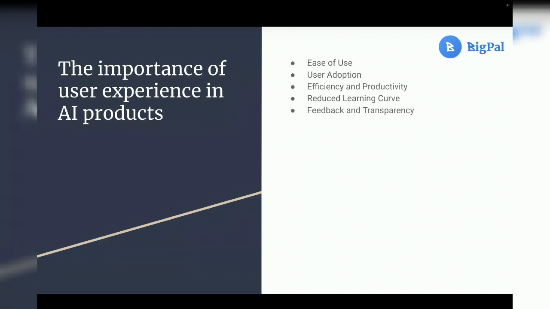I don't want to use the word addicted because that's a bad one, but you will like it so much and you will incorporate it into your everyday life. And that's the point, because at the end of the day, it will make us, the founders, the developers and the designers, very proud that our product is being accepted worldwide. And that's the joy. The point of AI products is to make life simpler for the world. So what better joy than being the one that could give people, students in this case, that much joy.